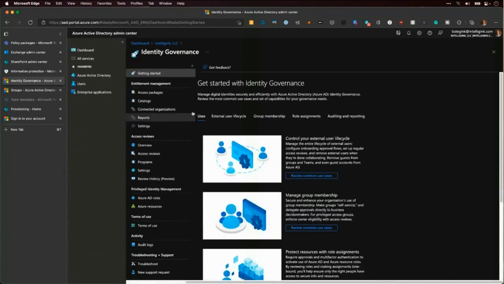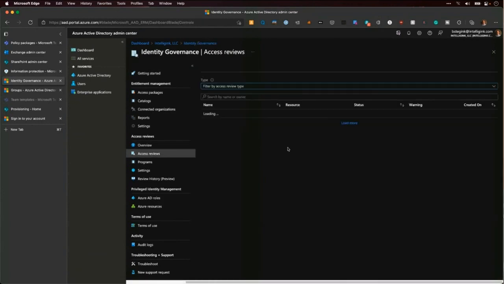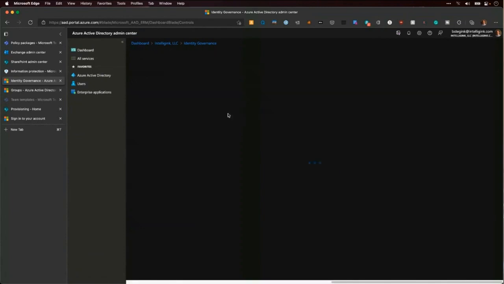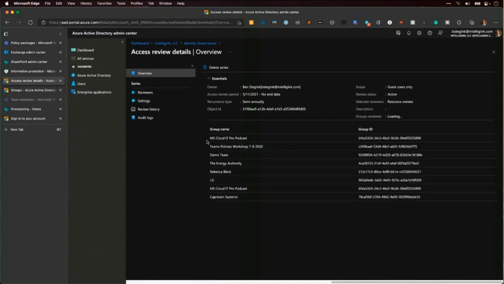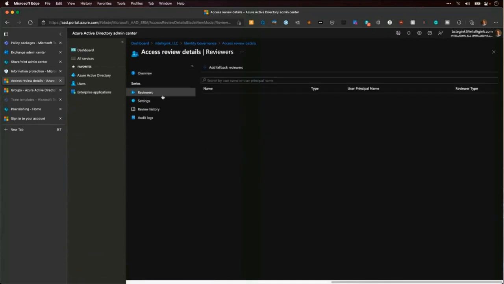And within identity governance, you can go set up these access reviews. So I have in mind access reviews that have already taken place. I should have one of them at least in here. I have a review guest access across all my Microsoft 365 groups. So I can go in and look at this policy, look at these different groups that are in my environment that had reviews, who the reviewers are, who gets an email when one of these groups is up for review.